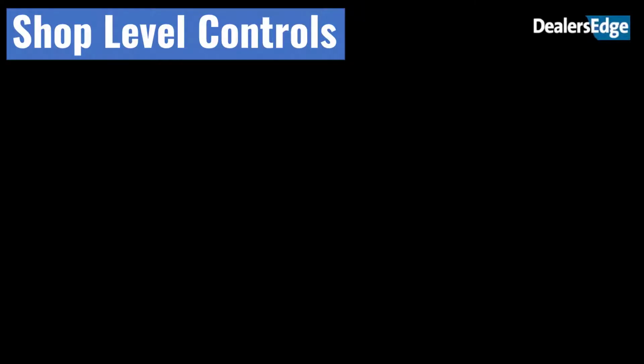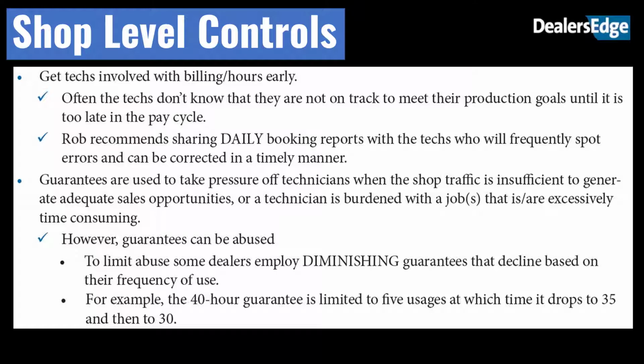Shop-level controls. Hourly technician pay and guarantees are frequent contributors to UL when billed hours fail to match clocked hours. However, simply making everyone flat rate is not the cure-all. So what are some solutions? Get techs involved with billing/hours early. Often, the techs don't know that they are not on track to meet their production goals until it is too late in the pay cycle. Rob recommends sharing daily bookkeeping reports with the techs, who will frequently spot errors